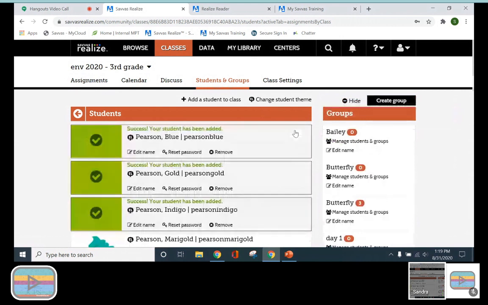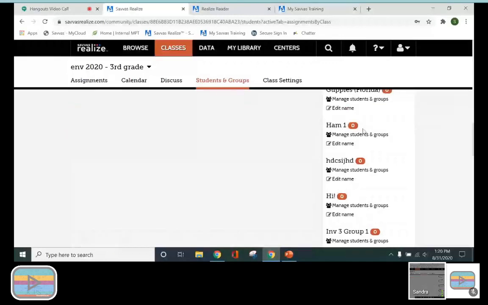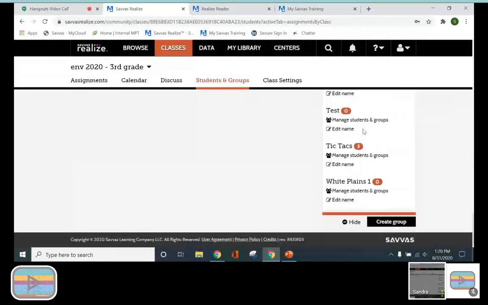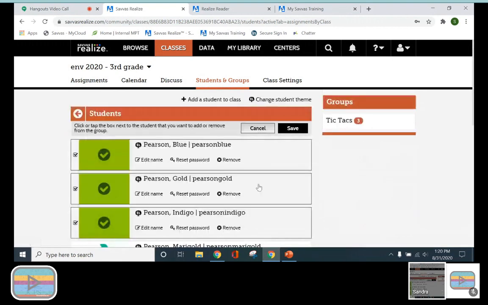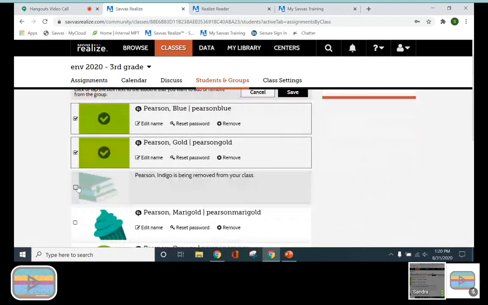If I go to my Tic Tac group, again, I apologize for all the sliding up and down, but right from here, I can identify really quickly who's in that group. And then I can go back in and manage the students and groups. So if I wanted to take Indigo out and add Marigold,